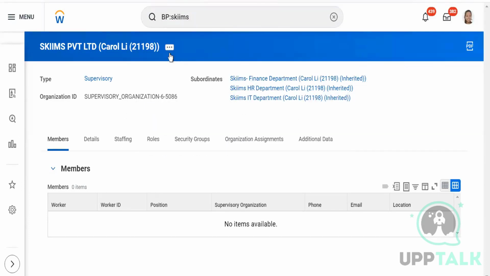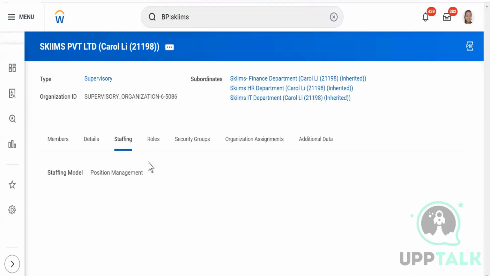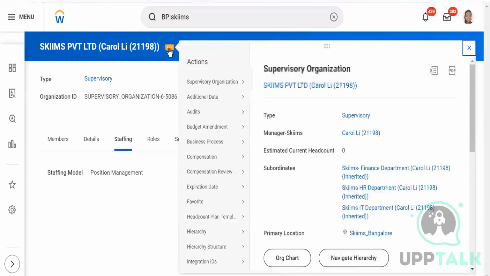So as I said, when we create a job requisition, supervisory organization is important. At the same time, worker type, employee or contractor, right? Before that, one more important thing is that we have to set the hiring restrictions. See, the staffing model here is position management, right? So once the supervisory organization is created, when we are creating the job requisitions, first and foremost, please set up hiring restrictions. So in an interview also, if they ask,